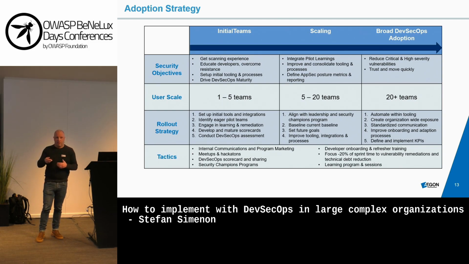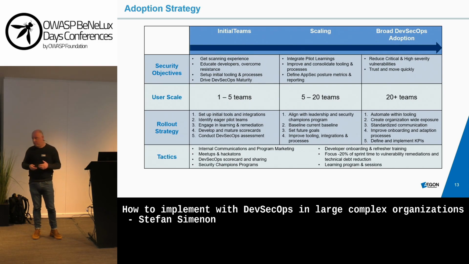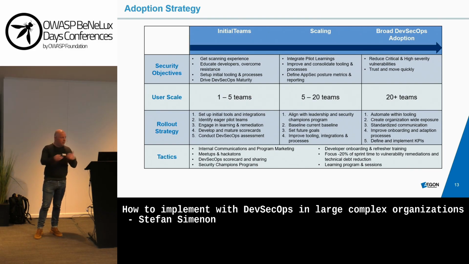So typically you start with an MVP CI pipeline. You start with 1 to 5 teams using it. They will have feedback. You need to learn. And as somebody mentioned, you will have setbacks in the program. So sometimes you need to step one step back in order to step three steps forward.